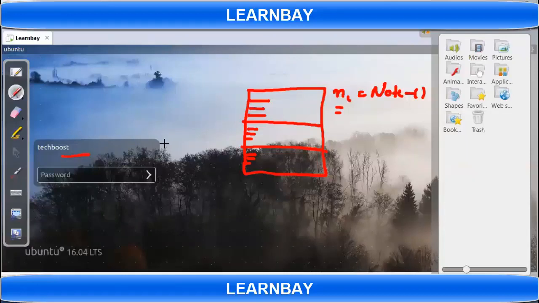Very clear. In this example, output is right.